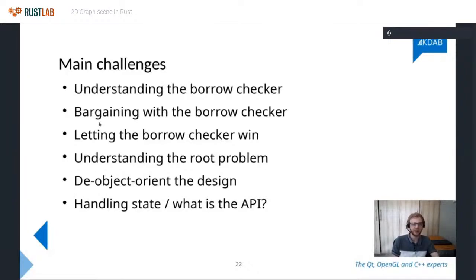So yeah, that's basically the fourth point that I've got here. If you're fighting a lot on a project, it's probably not that you don't understand the language. It might be that your annotations are just wrong. But if you're really deep into this and you're sure that your annotations are right and it's still complaining, then there's probably some deeper problem that you're not seeing, which it's actually trying to warn you about. So the solution, as I said, is to try and de-object orientate your design, right? Rust really hates it when you have references to things all over the place.